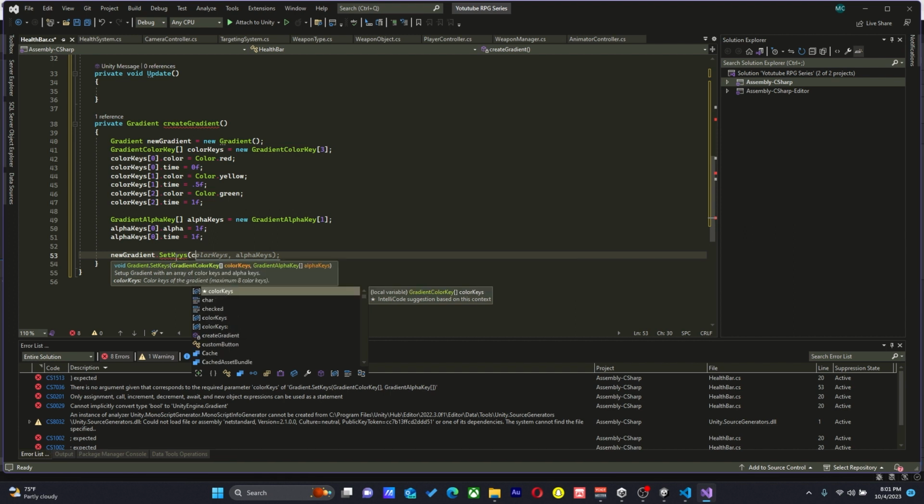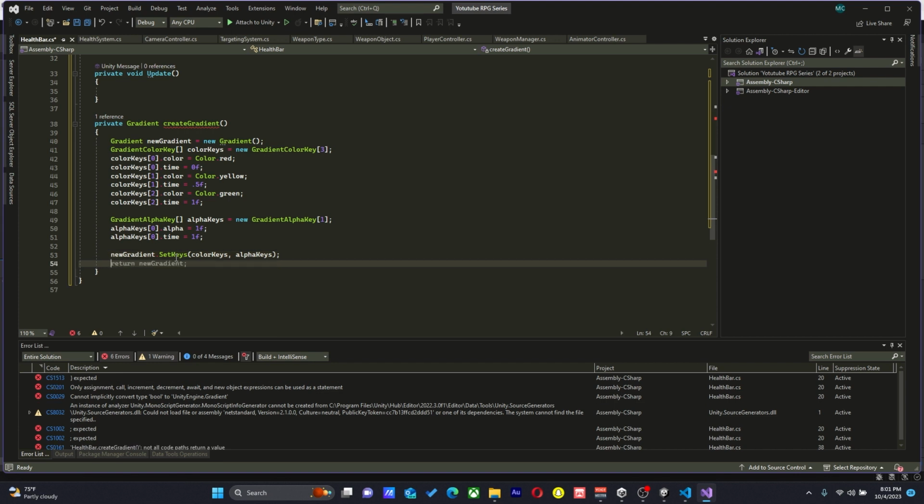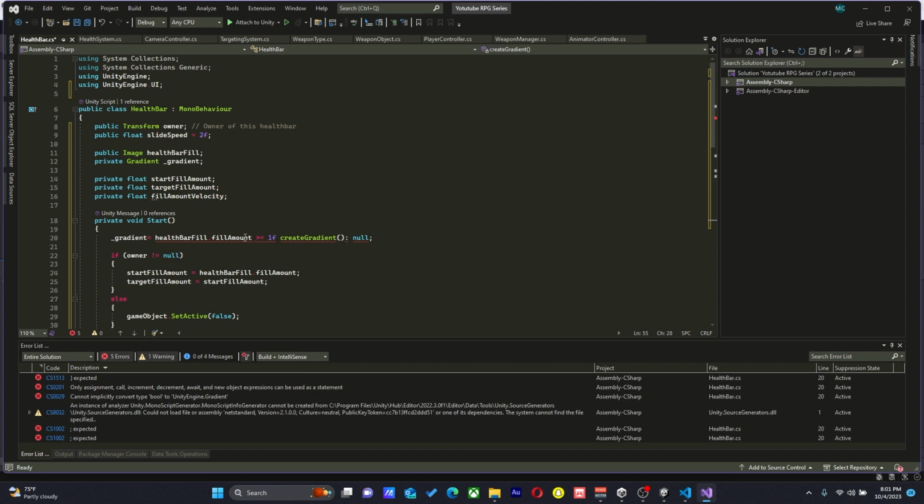We're going to set our color keys and our alpha keys, and then once we're done, we're going to return our new gradient, and that new gradient is the one that we're going to pass here. Okay, but we've got an issue up here. What issue do we have up here? All right, right here. We forgot to add our,